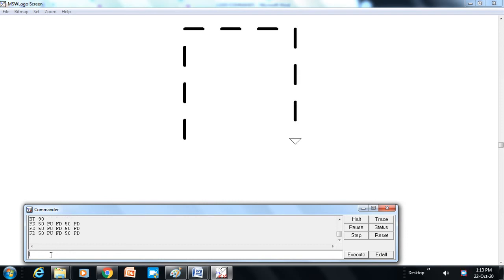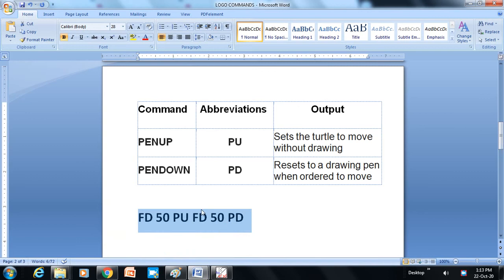Again we will change the direction of the turtle, RT space 90, enter. Now we will use the same commands, FD 50, PU, FD 50, PD. Click and enter, select and enter, select and enter. So using these commands, as you can see, I have drawn over here.